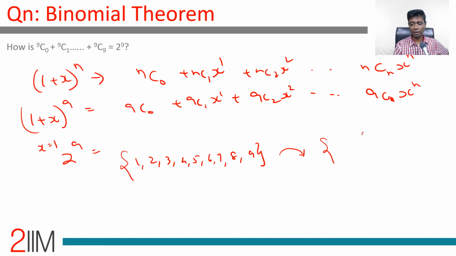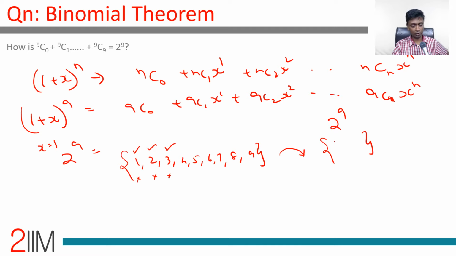You can say, in my subset, I can either have 1 or not have 1. I can either have 2 or not have 2, have 3 or not have 3. So each of these can either be in or out. 2 states for each number. The number of subsets is 2 power 9, including a null set where nothing is included, and the set itself